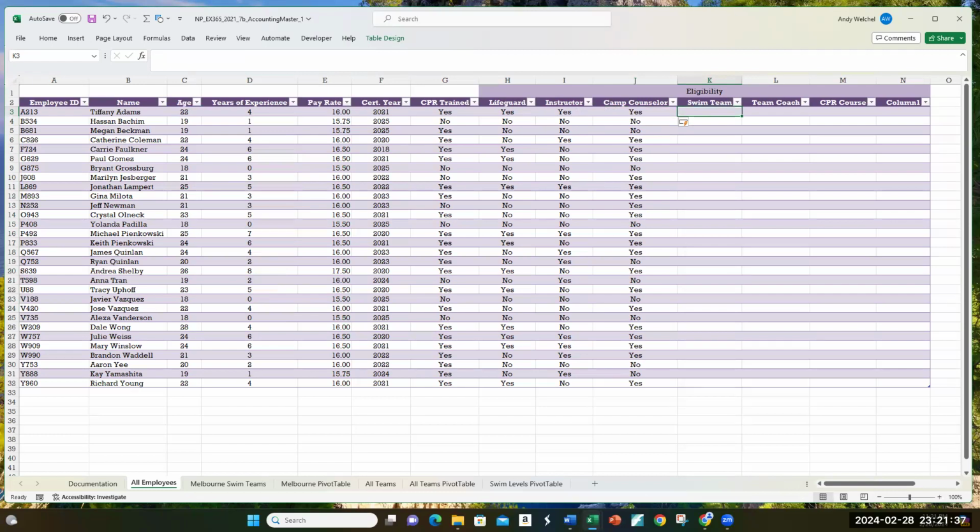Step 3, to be eligible to work for a swim team, all employees must have at least 2 years of experience or have completed CPR training. This is still an IF statement. Let me show you how to do this. First of all, make sure you understand what this is doing. If the employee has at least 2 years here, so if this is at least 2, in other words, greater than or equal to 2,